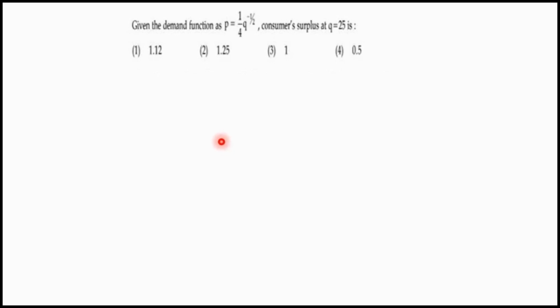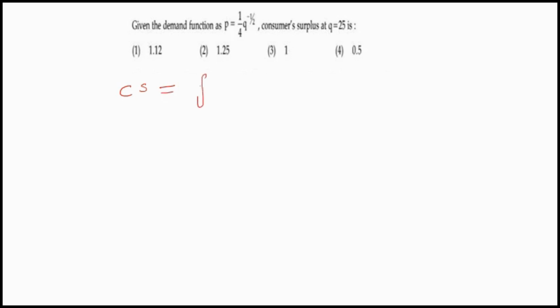Hello guys, in this question we have to find out consumer surplus for this demand function P is equal to 1 by 4 q raised to power minus half. So how to find out consumer surplus? Let's see, first of all the formula to find out consumer surplus for this type of demand function is basically